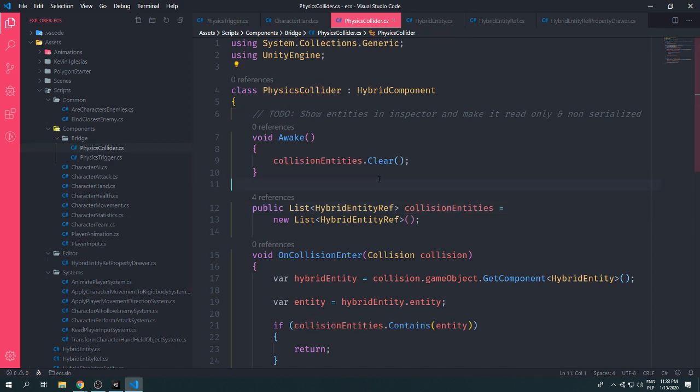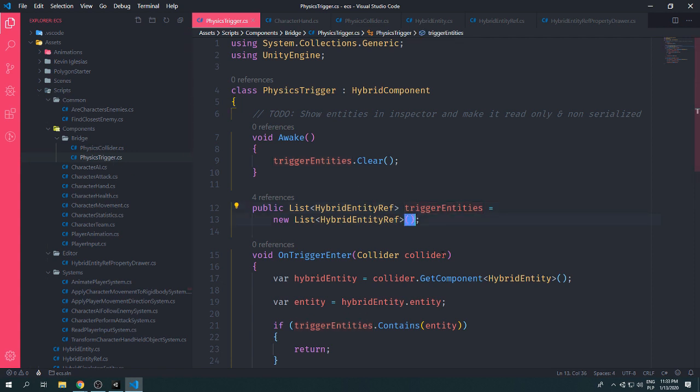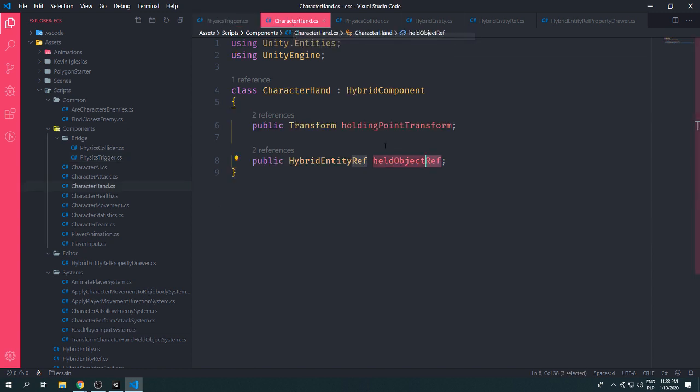So it's collider, physics collision, no, physics collider. That's good. And physics trigger entities. Let's keep it that way, I think. And later on we'll change it when some better name